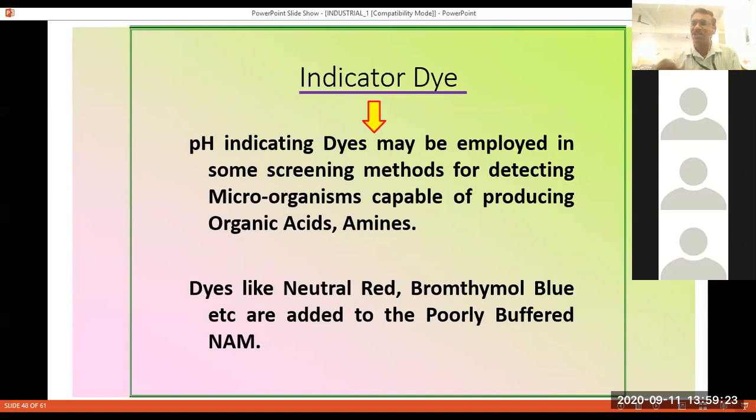There is no immediate change in the pH, but after 24 hours it can show a change in the pH, because from neutral it either goes toward the acidic side or toward the basic side by producing amines, if the organism has the ability. If it is not, it is not producing the amines. Okay.